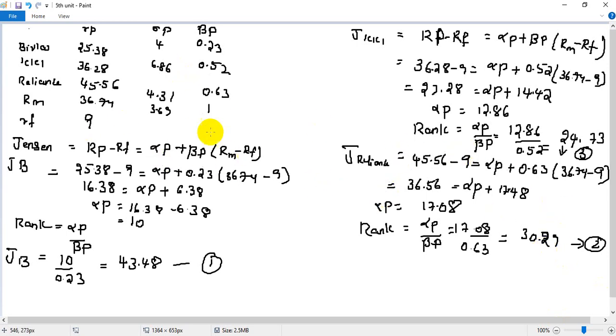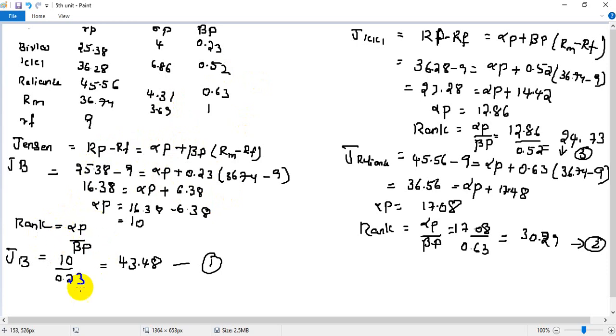After he will never give you the alpha p value. Don't get confused with standard deviation of p. These two are different. Standard deviation of p is total risk; we are not going into detail of systematic and unsystematic risk. I have already explained it in my earlier classes, just check out those videos. Beta p is systematic risk. That means there are uncontrollable factors that will be measured in the company, so that risk will be calculated through beta only. So alpha p, you need to substitute and calculate the alpha p and rank it accordingly.